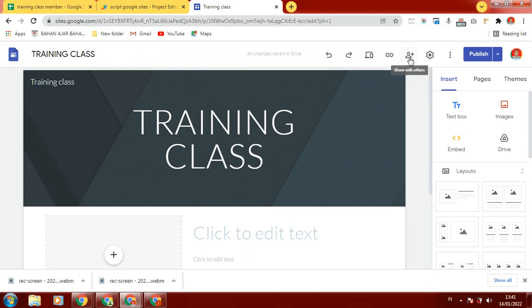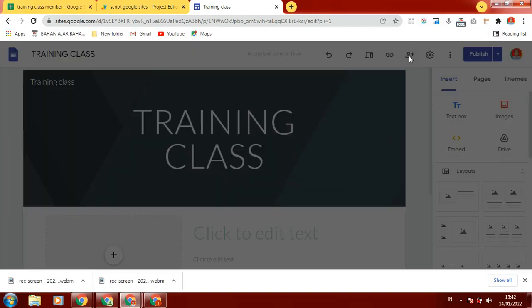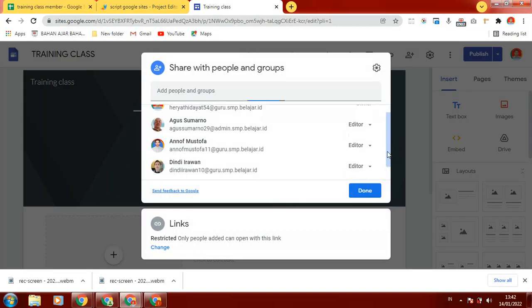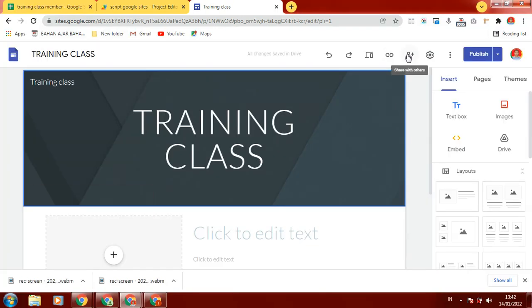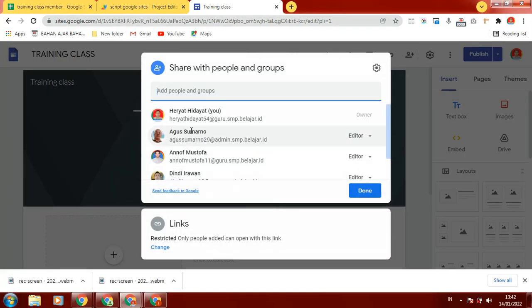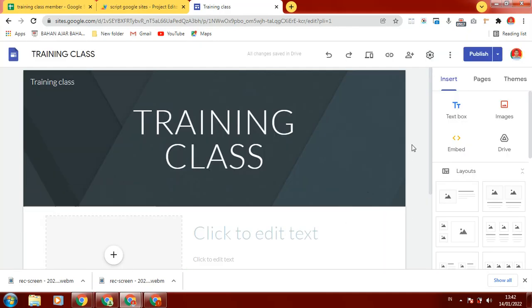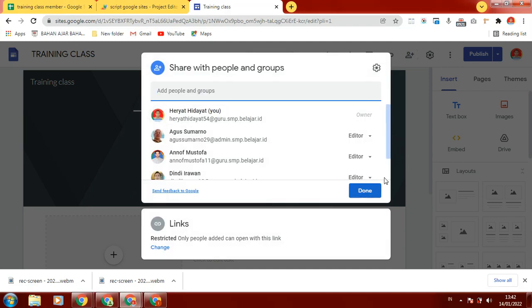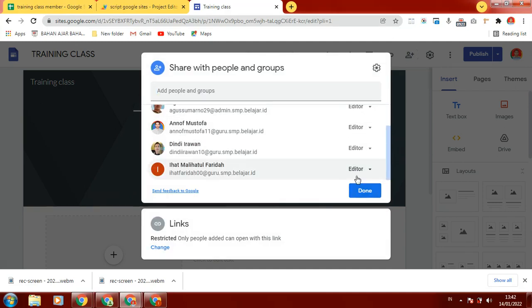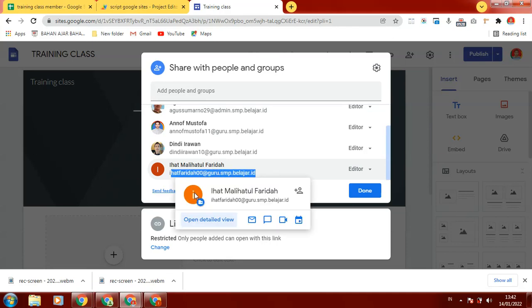Okay, we can see in the Google Site share with others button, now we can see there are one, two, three, four editors. And I will prove it with one editor account of this email address.